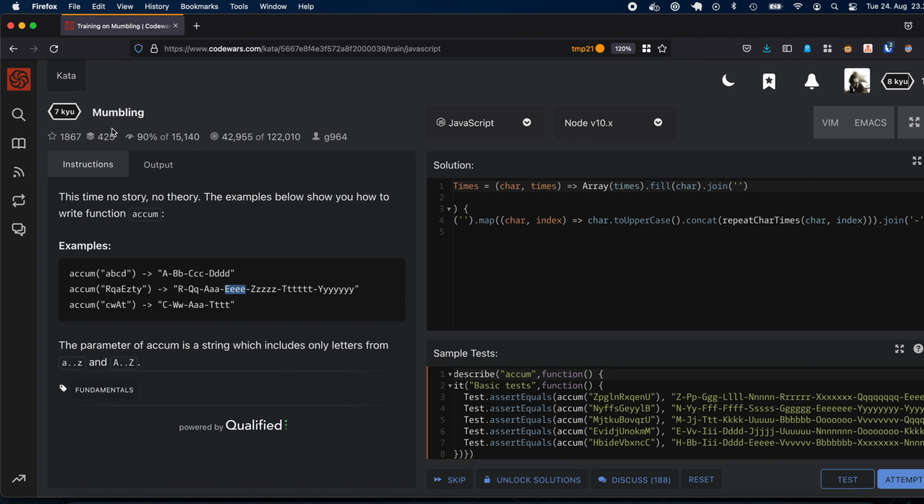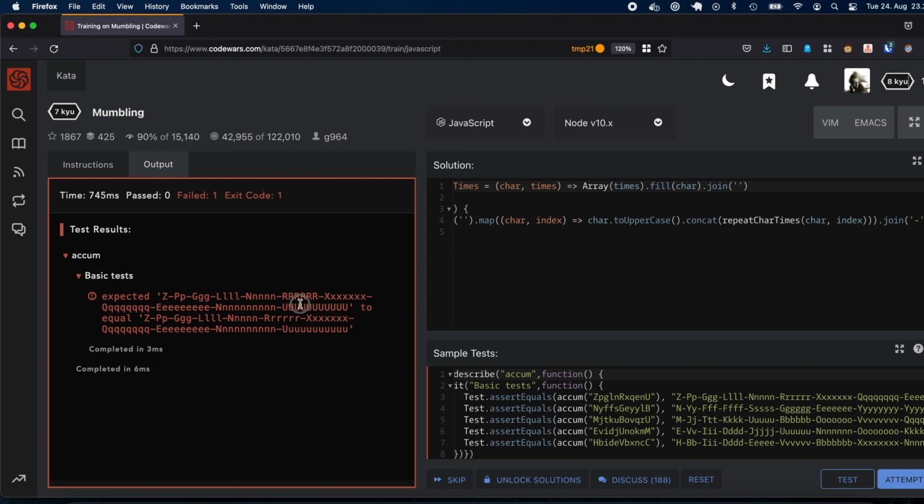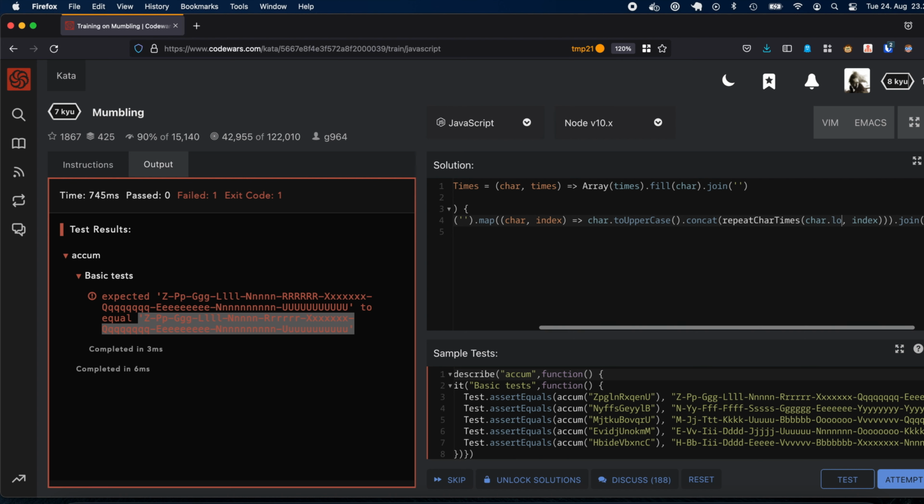So oh, I see. Haha, so this was my input. So expected, oh yeah, this was my return value and to equal this, because I know where the bug is now. So we'll need to lowercase